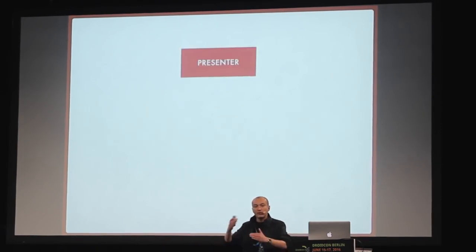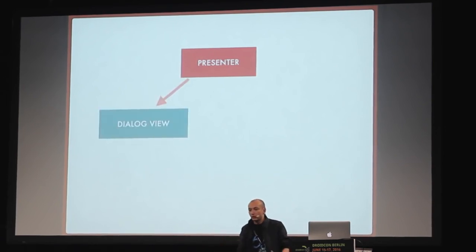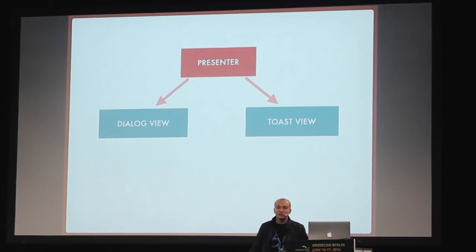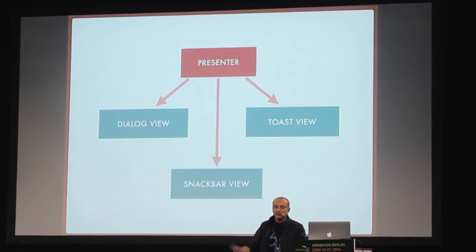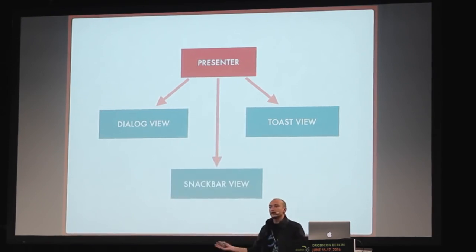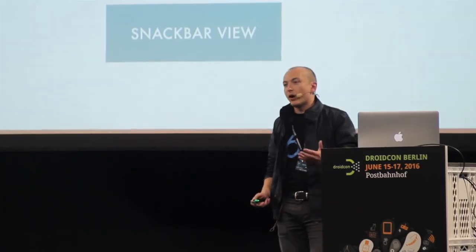Another story from the other side, you can have one implementation of presenter, one business logic, and then you can have, let's say, one view. Your designers decided, okay, let's show errors as dialogues. And then later they say, no, toast messages are better. And then Google says, no guys, snack bar is much better. So we can have 3 of them at the same time, and we can analyze user activity, we can analyze user satisfaction, and then we can choose only one and keep it. But still, we have a chance to have 3 of them at the same time, and that's the power of